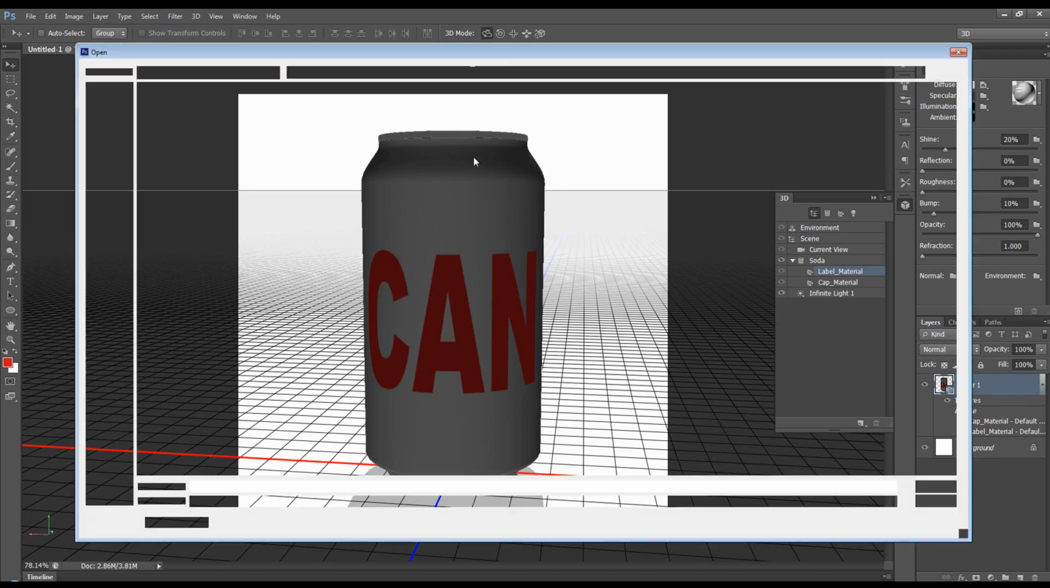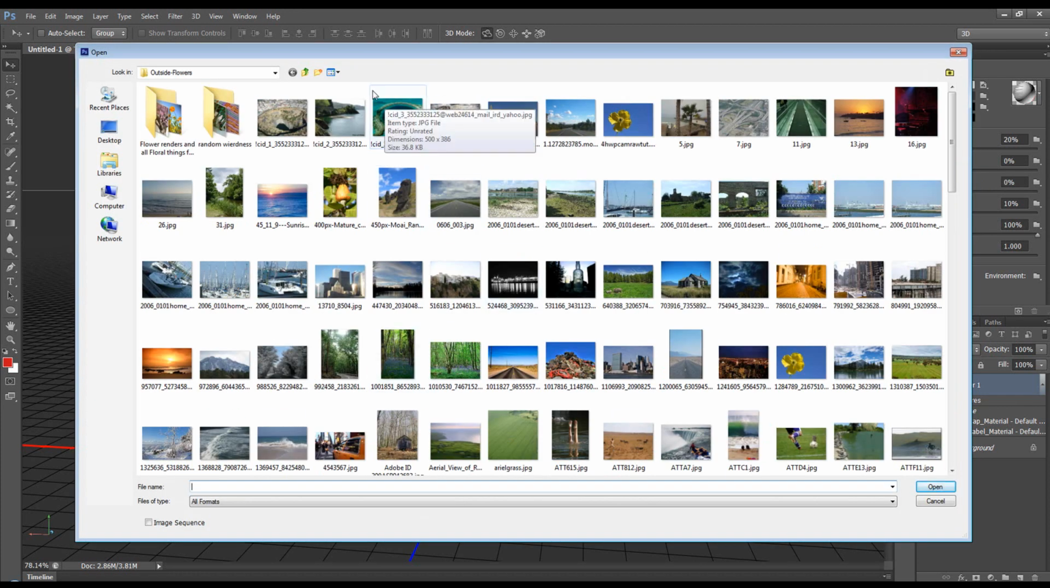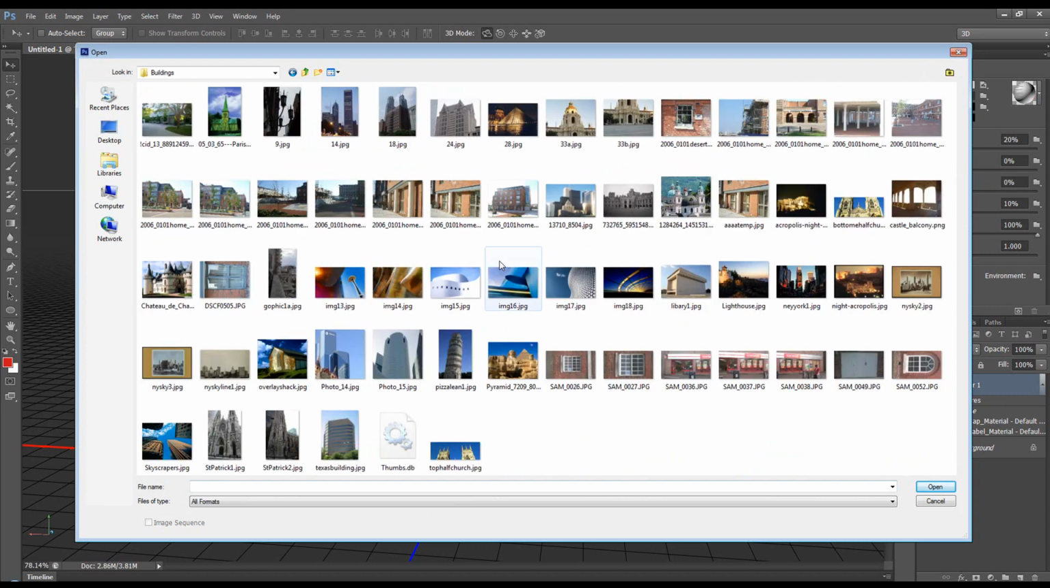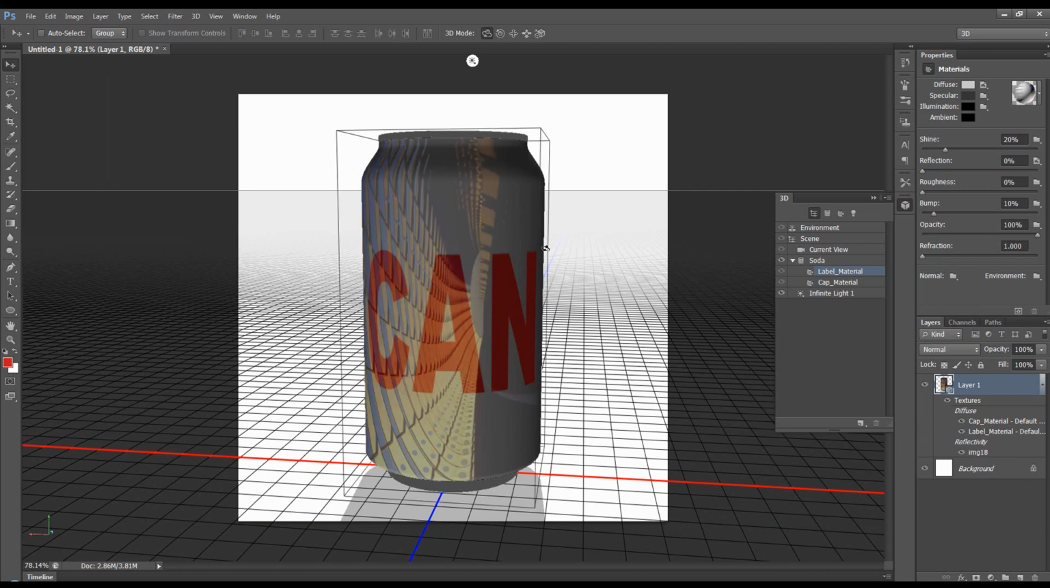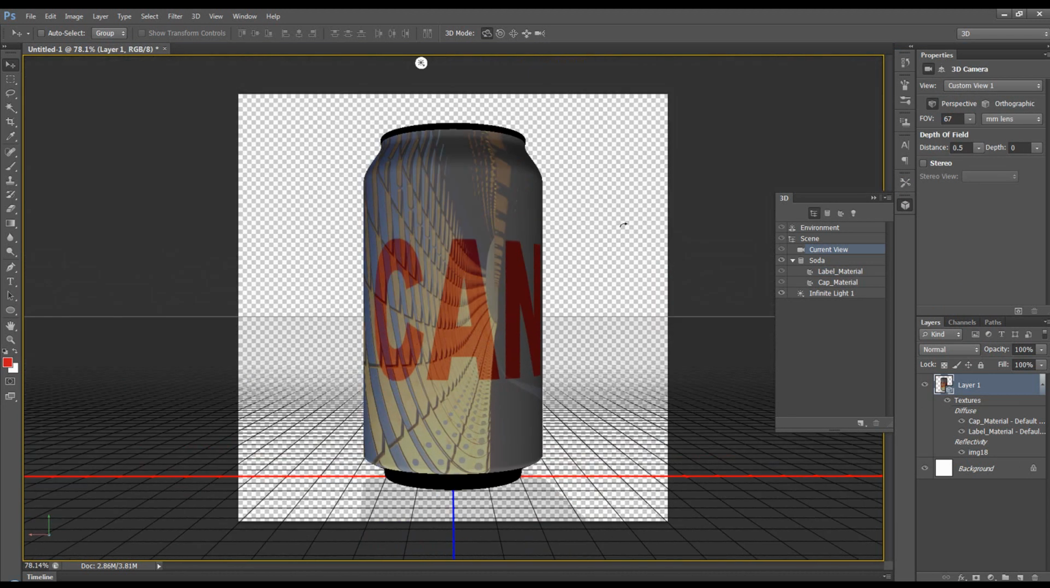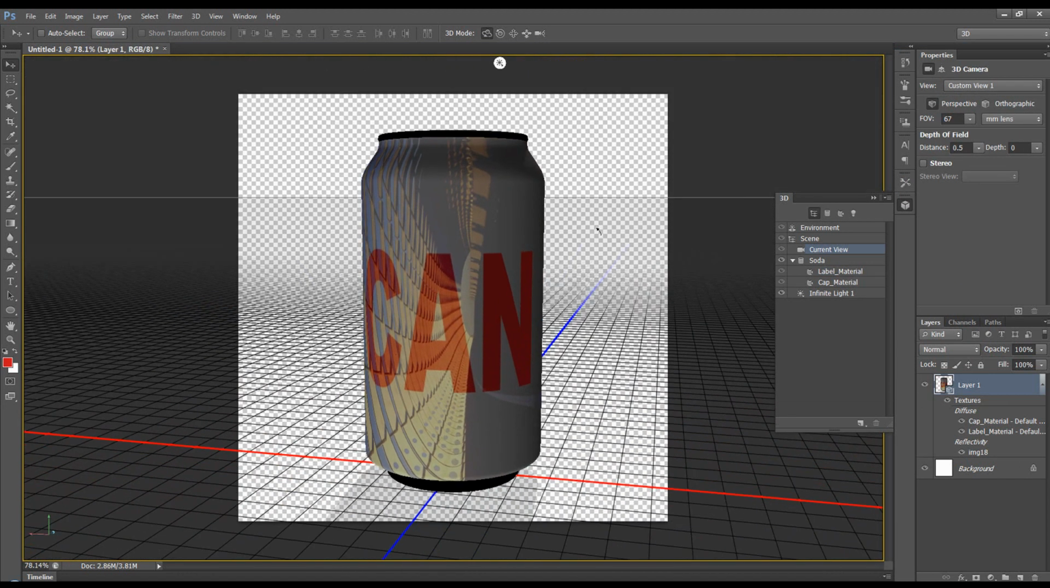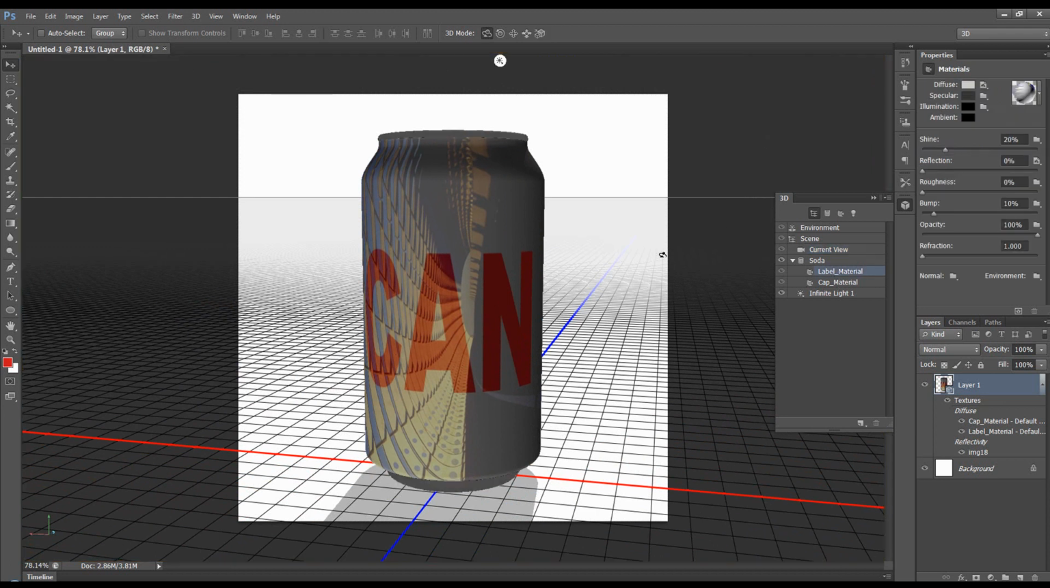So we can go load texture, and let's choose maybe this one here, open, and you can see that it's created this reflection, and as I say, as we turn and move this, it just stays static. I think we can do better than that though, so I'm going to remove that texture by clicking on it and going remove texture,